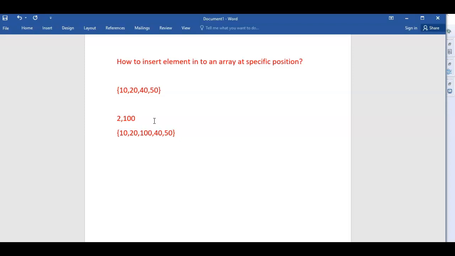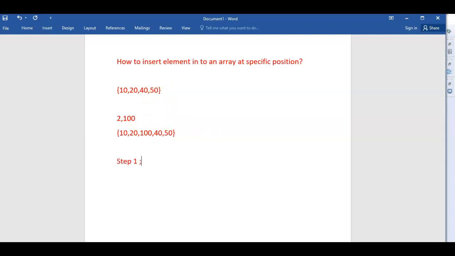So how do we insert an element? In order to insert an element, we need to check an important prerequisite: whether we have enough size, that means enough capacity, in the array. As you know, an array is static. We cannot insert as many elements as we want. If there is enough capacity, we can insert an element. Otherwise, the element gets replaced. So in this case, assume that we have enough capacity and we are storing the value 100 at the second position.